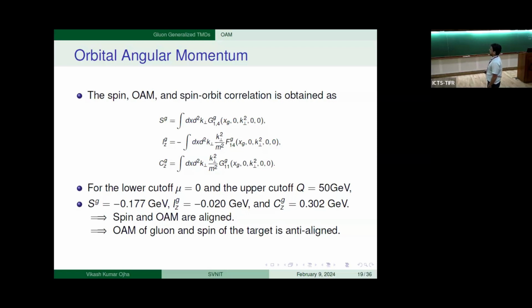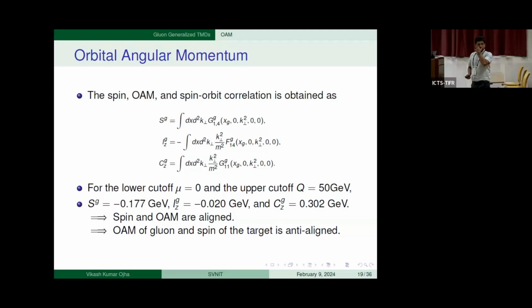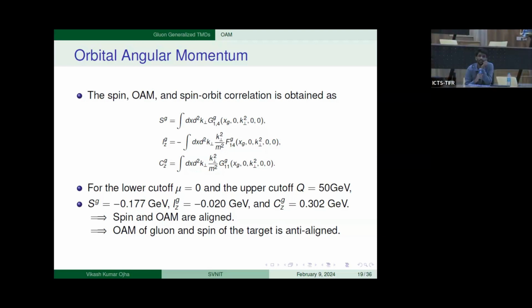This is an integration over K-pub, so you have to take some lower limit and some upper limit. Is it model dependent? If we integrate over K-pub, ideally you should take it from 0 to infinity. But for practical purposes we have to limit it because there is a singularity if you take infinity. So you have to take some upper cutoff, and the cutoff which we have taken is 50 GeV, so that would be enough.